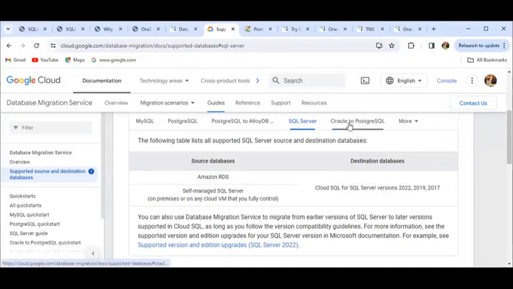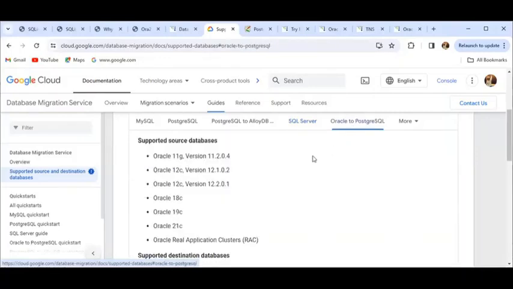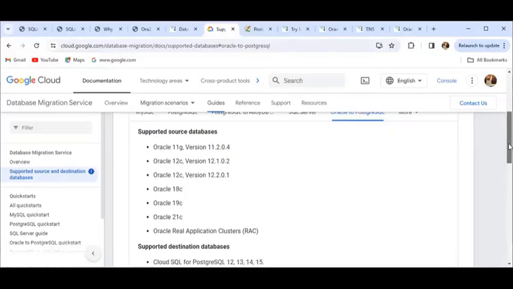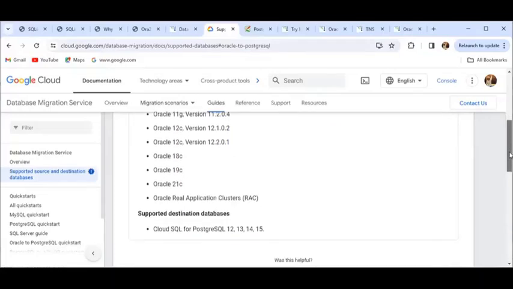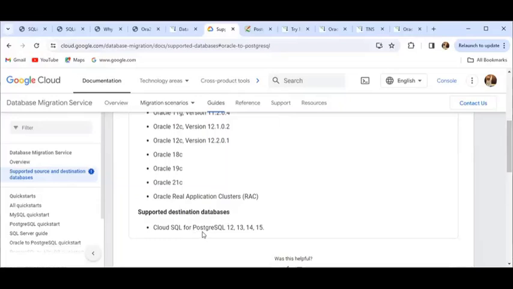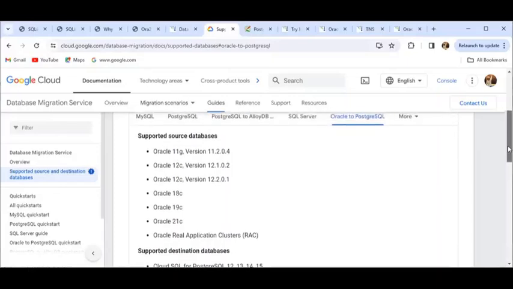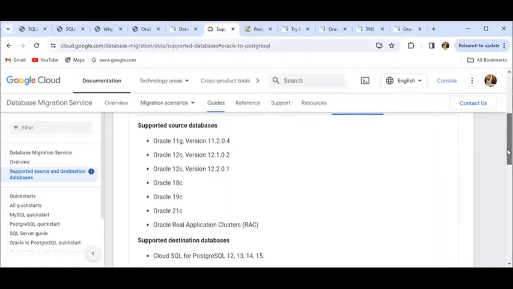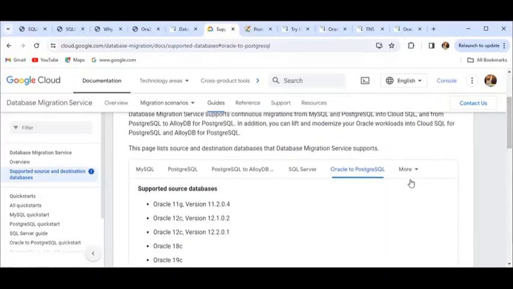And our topic is Oracle to PostgreSQL. Your Oracle version can be anything, and it may be running on-prem, or on Amazon RDS Oracle, or on any source Oracle instance. It is capable of migrating from your Oracle system to PostgreSQL, that is Cloud SQL PostgreSQL. So it is capable of migrating from Oracle to Cloud SQL PostgreSQL, or even from Oracle to